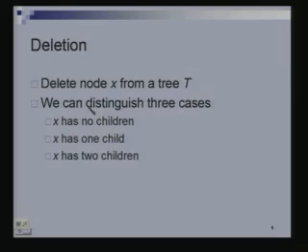So, the deletion operation is essentially the following: you are given a node x in the tree and you have to delete the node, right, and we will distinguish three cases. X has no children, which will be the easiest case for deletion. X is a leaf in that case, right. If x has only one child, even then the case is very easy, and we will see all of that. And when x has two children, it is slightly more tricky, but still fairly straightforward.